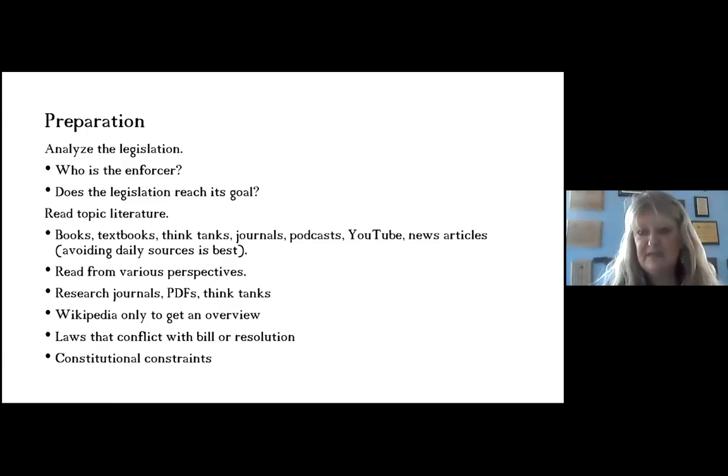Read topic literature. I love when kids read books about the topic areas, because they can use those books for so many different things. And books stay relevant far longer than articles do. So I always would go to Half Price Books and just buy a bunch of books that are not super old, so they're still relevant. They need to be probably within the last 5 to 7 years, depending on the topic. But give them those books and have them do little book studies. If you don't have enough for more than one person, then have them write a book review where they read the book and then talk about different aspects of the book.